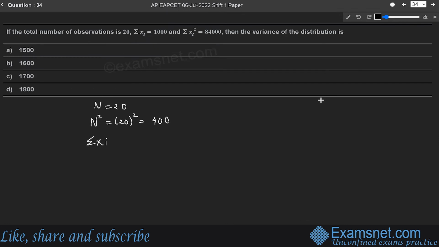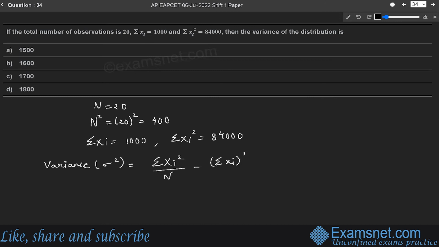Also, summation of xi is given, which is 1000, and summation of xi square is given, which is 84,000. We have to calculate the variance of this distribution. So variance is given by sigma square, and it is equal to summation of xi square divided by n minus summation of xi whole square divided by n square. On substituting the values, it will be 84,000 divided by 20 minus 1000 into 1000